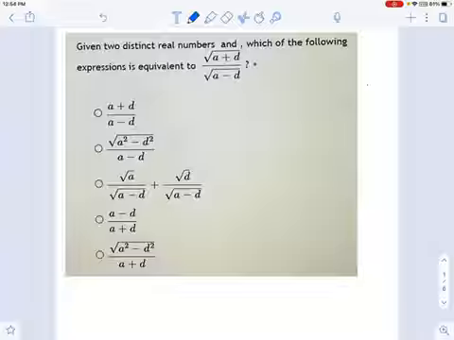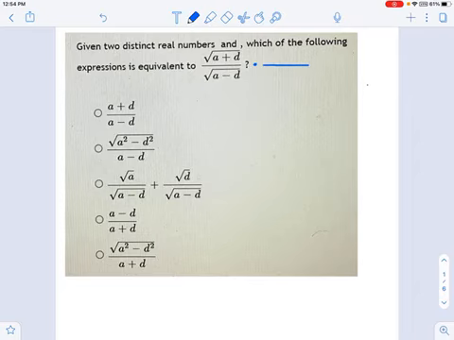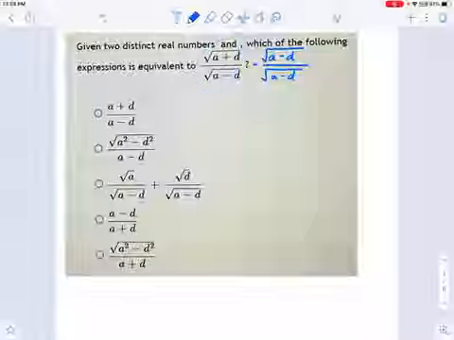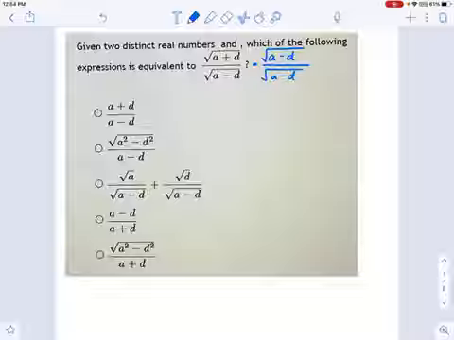So the way I'm going to do that is I'm going to multiply it by something. Now, how do we get rid of square roots? Multiply them by themselves. So if you multiply the denominator times square root of a minus d, that's going to turn it into just a regular a minus d with no square root. But you can't just multiply the denominator by something. You have to multiply the numerator also by the exact same thing. Okay, this way we're multiplying this fraction that I'm circling right here. We're multiplying it by the value 1, which isn't going to change it at all.